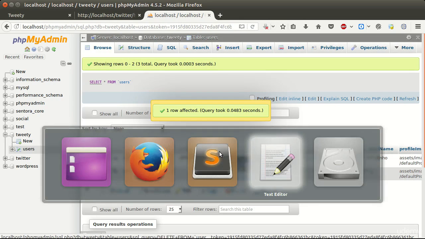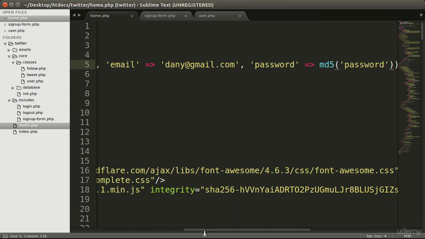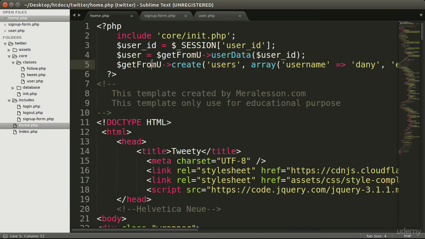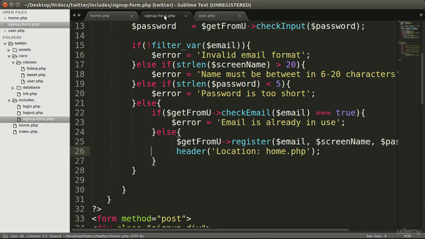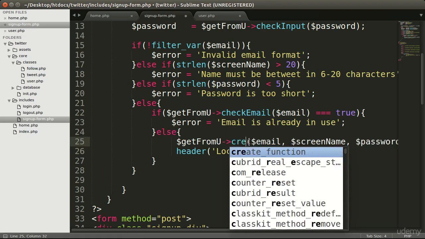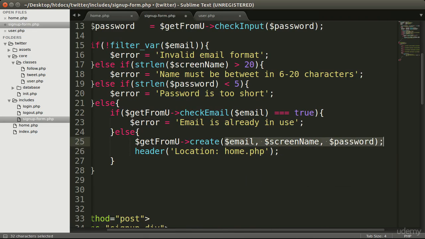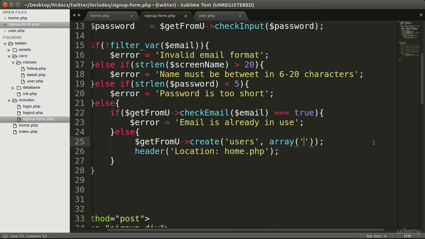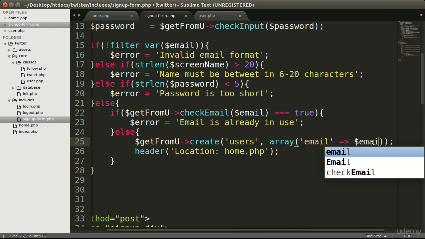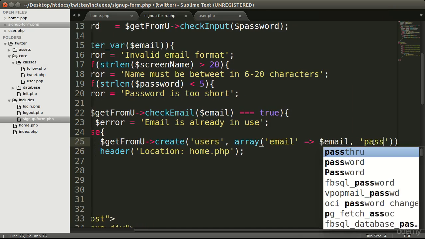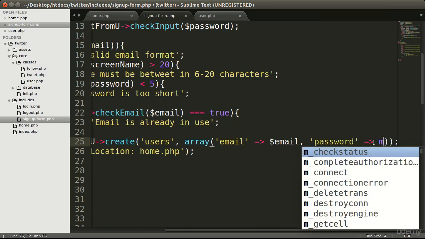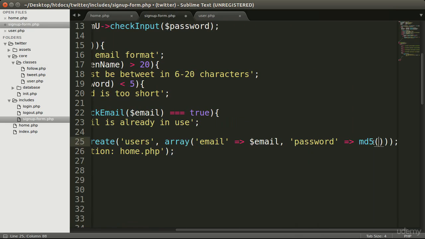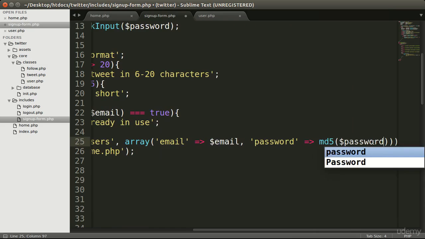Now go to your home.php file and remove the create function from here, and go to your sign up form, and here will be our create function. Here will be your users table, an array to insert the user. First we need to add the email, so this will be your email variable, and the password, and here will be your MD5 function. Password variable will be here,